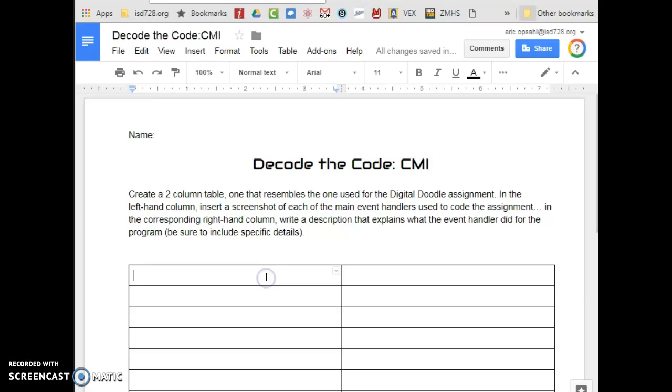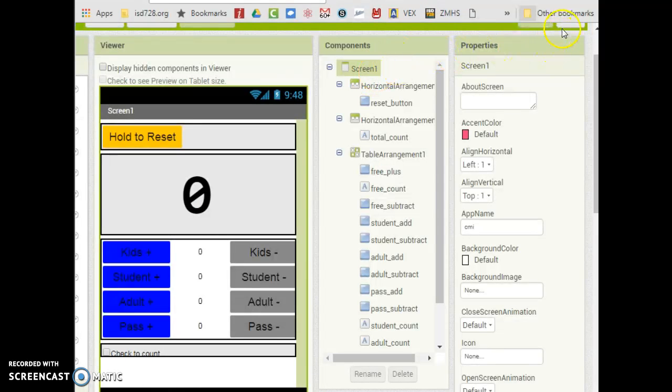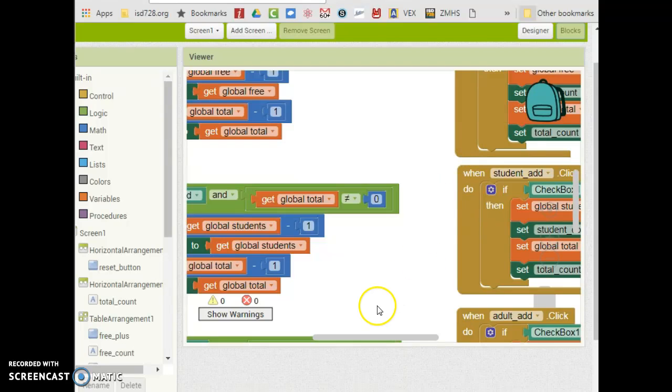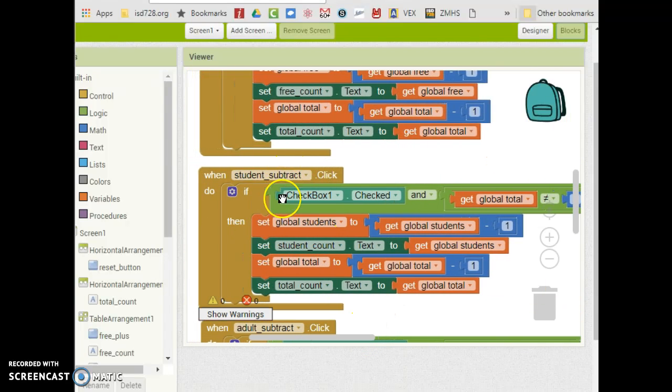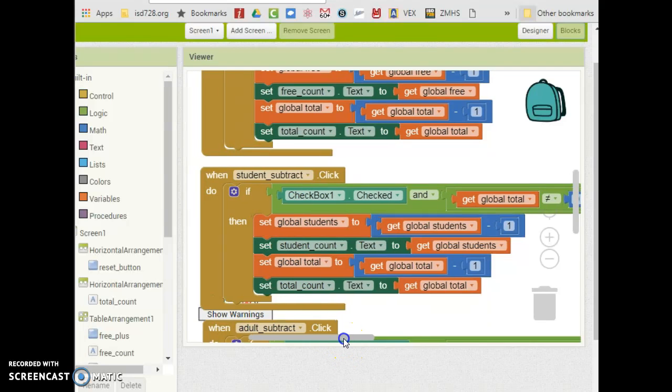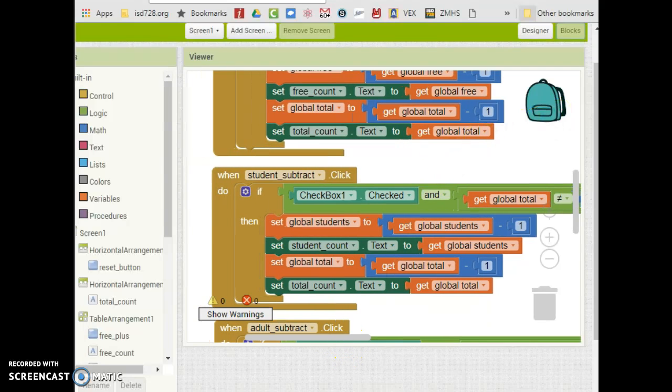I'm going to put a photo of each of my big event handlers here, and a description of them over here. So for the photos, I'm going to go to my program, go to my blocks view, and pick one of each of my big event handlers. I don't need to pick every subtract button, just one. One's all I need. I'm going to go to my start menu,